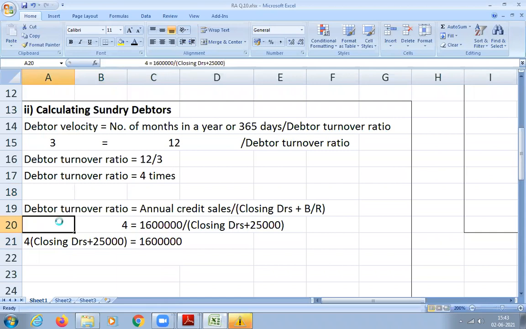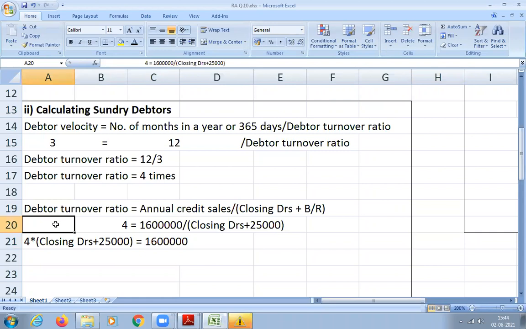Do you understand? 4 debtors plus 1 lakh. 4 plus, sir? How can it be plus? It is in the denominator. So when it goes to the numerator, it will become multiplication, it will not be plus, it will be into. Clear? If I take 16 lakhs to the left hand side, it will become minus 16 lakhs. Got it? The numerator moves by sign change, but the denominator will get multiplied. Clear? It's simple mathematics.